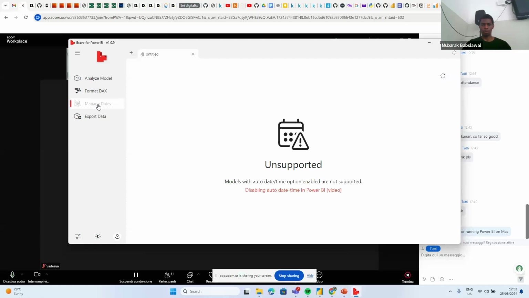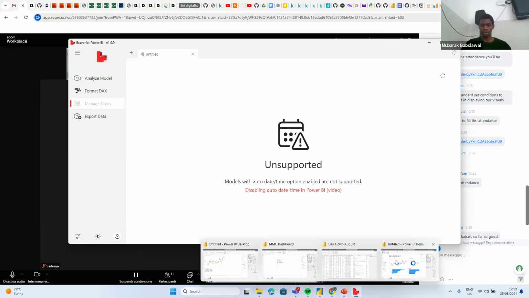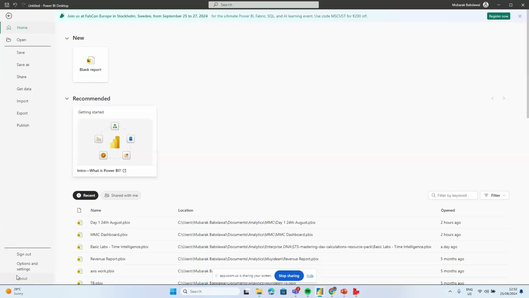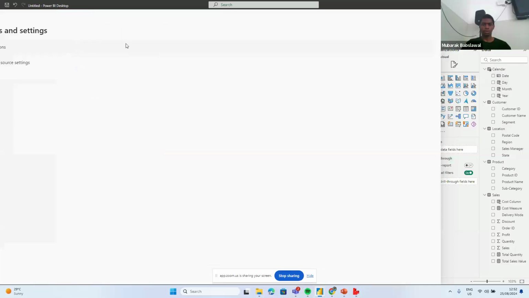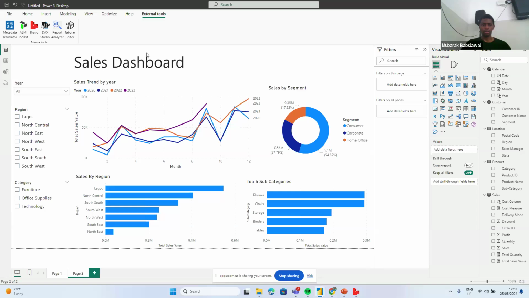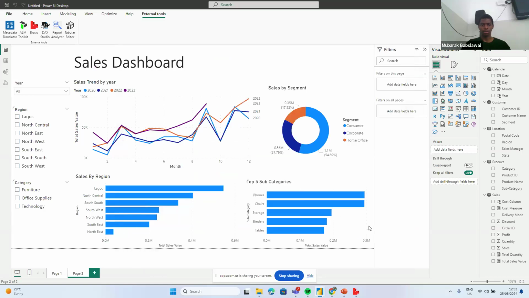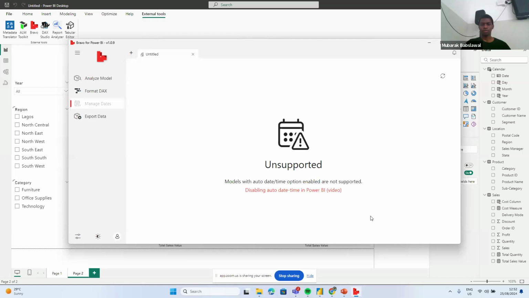From this manage dates, this is where you can create your calendar date table directly using Bravo. You may have to watch this video so that you can disable your auto date/time. You can watch the video to learn how to do this. Don't spend too much time going through it step by step. But once you do that,